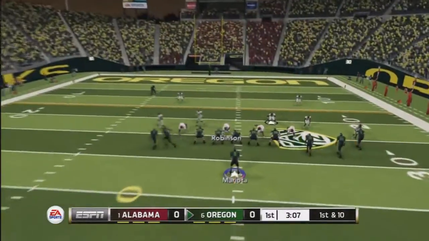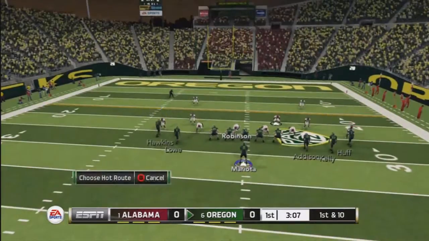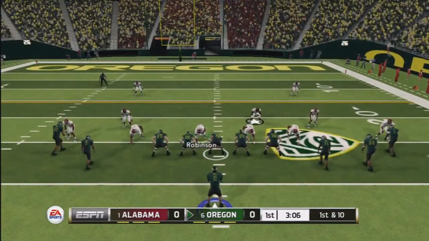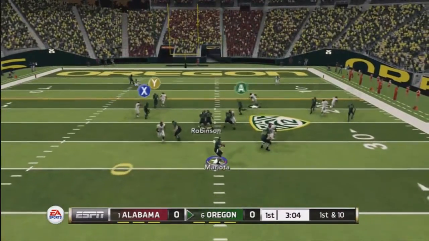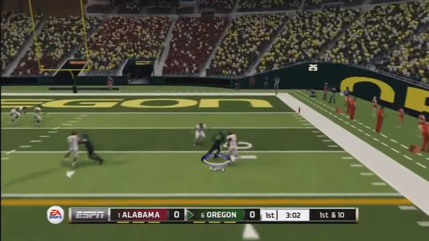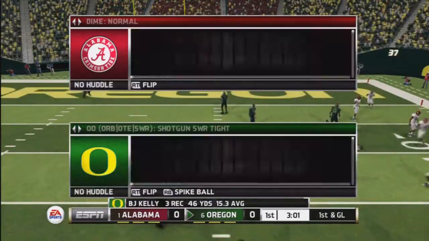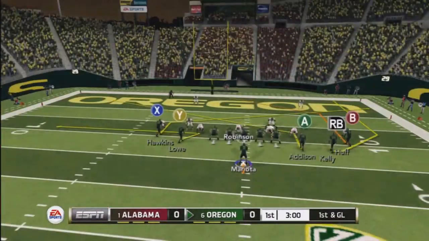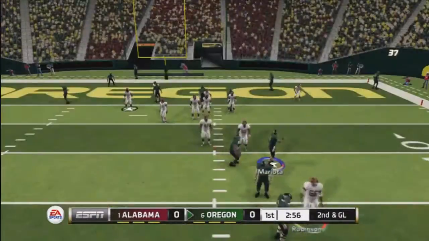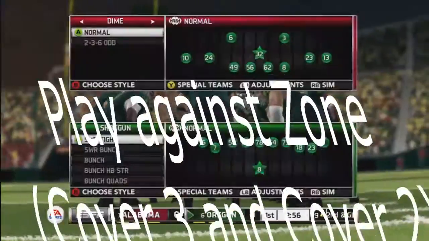The reason we put X on a drag instead of a slant, I mean, you could put them on a slant, but I like to put them on a drag just so it doesn't get in the way of A. There's not much else you can do with this play. I like to sometimes put Y on a streak or a zig. It really depends on how the defense is playing. And if I put them on a streak, I'm going to put Y,